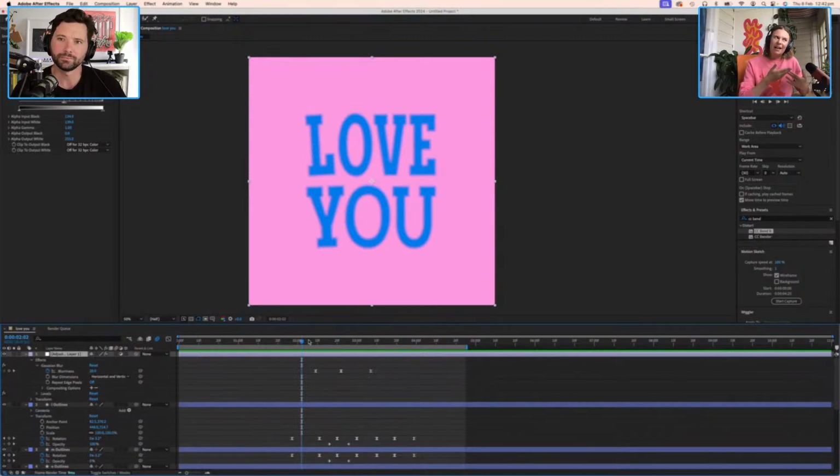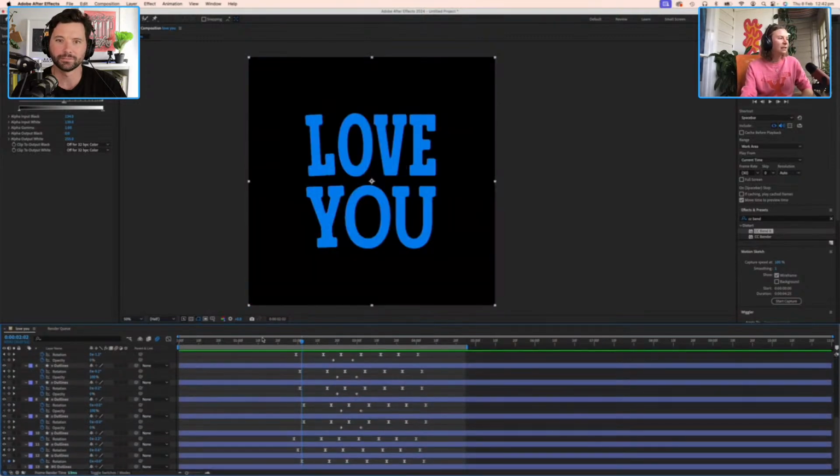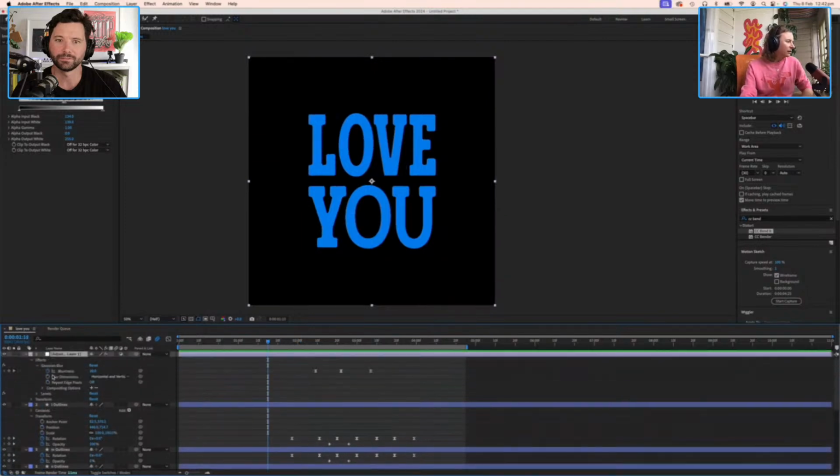Right. Okay. And we don't have any transparency anymore. It's reading this composition as all 100% opaque. Whereas when we switch that off and there's nothing in the background, if I switch our little levels effect off, we've got all those varying degrees of opacity.